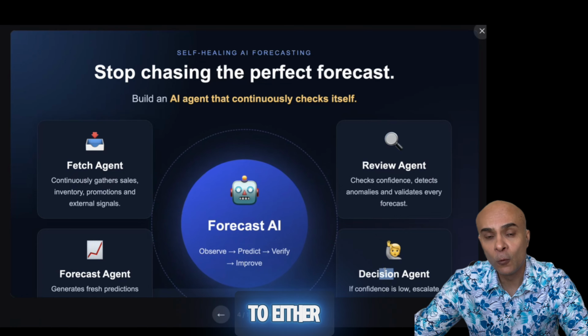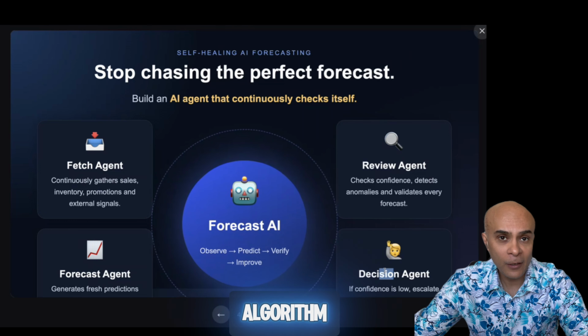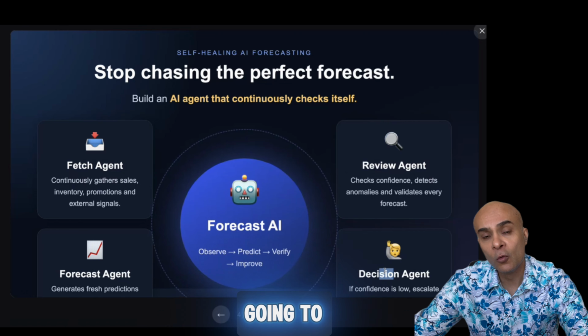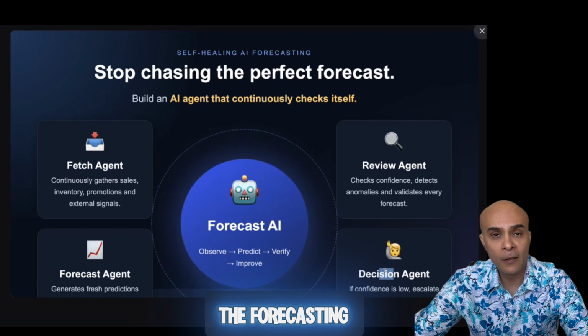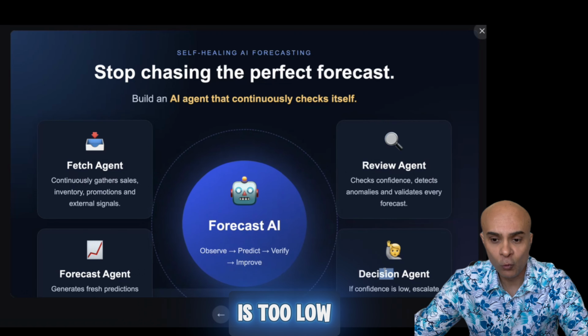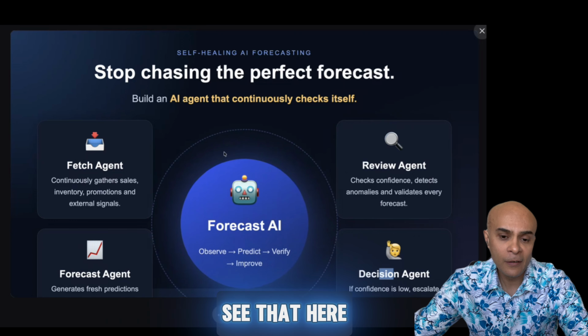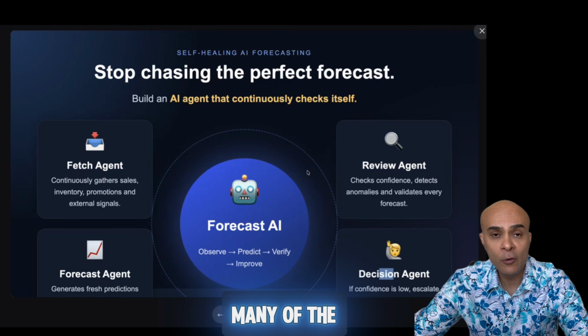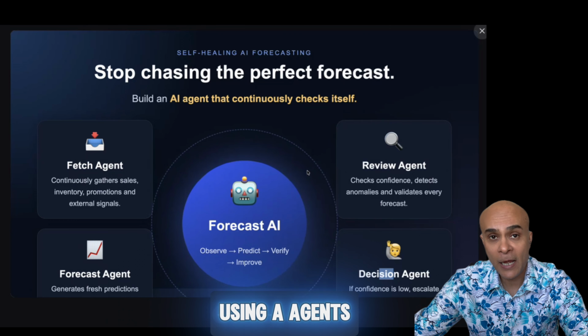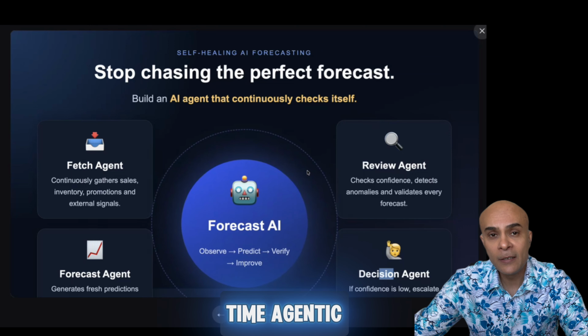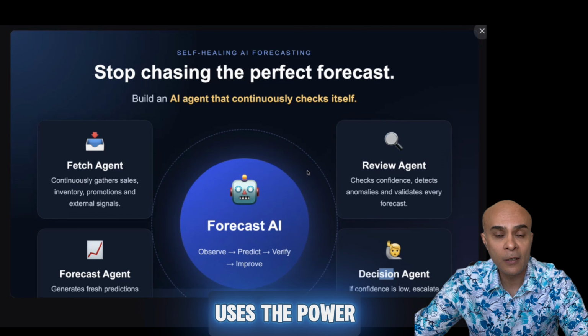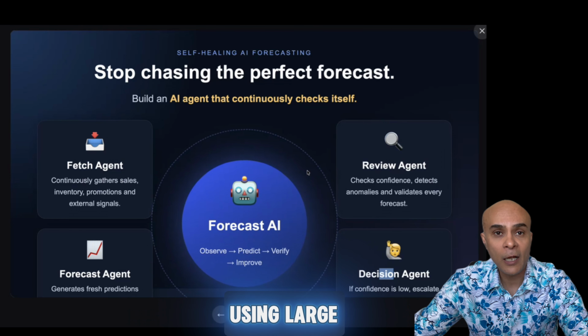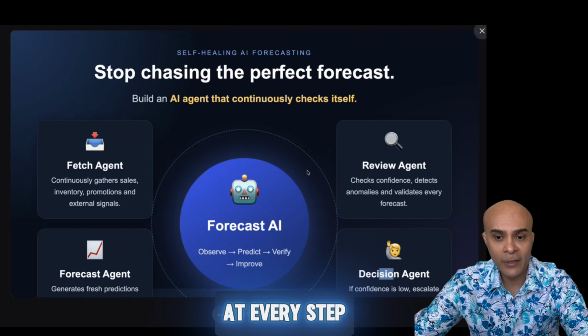Otherwise, it is going to either refine the algorithm, or escalate to a human if the forecasting confidence is too low. As you can see, here we are automating many of the manual steps using AI agents. At the same time, agentic systems also use the power of reasoning using large language models, so they can decide what needs to be done at every step.